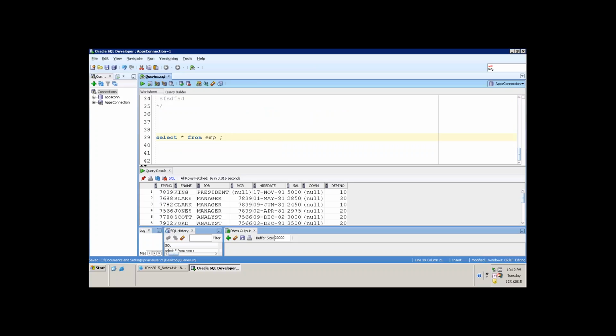Now one more thing here. Let us say I want to retrieve all the employees who do not have a manager. Okay. How to write the query? Select star from EMP where